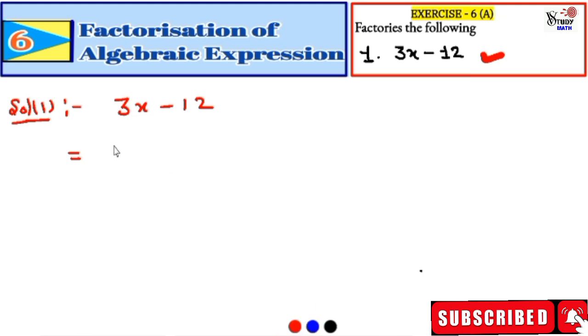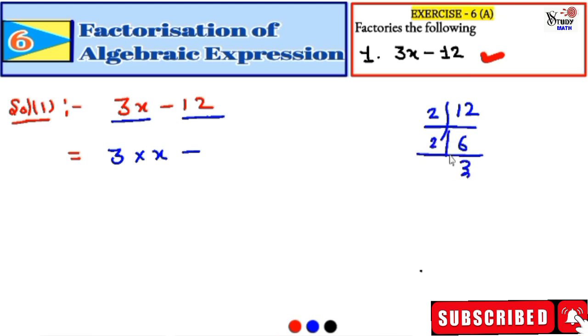For that we have to find the factors of the first term and the second term. Here I can write 3x as 3 multiply x. Now find the factors of 12. You can simply do the factorization of 12 with the help of HCF: 6 twos, then 2 into 6 is 3, then 3 into 6 is 1 time. So the factors are 2 multiply 2 multiply 3.